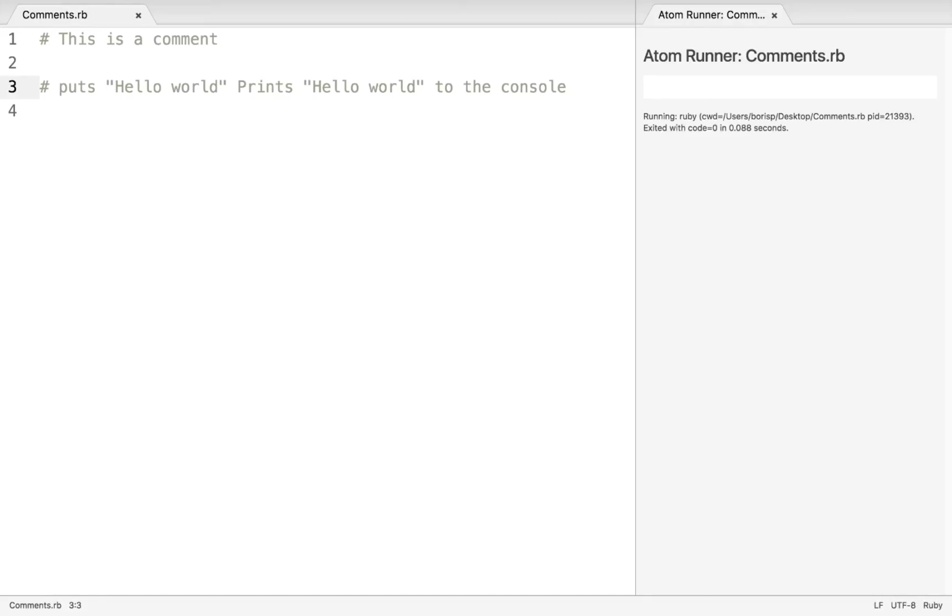Now, there is an alternate syntax for multi-line comments. That means comments that extend across multiple lines. It's generally not preferred and generally not used, but I do want to introduce it in case you run into it. So the regular way, the preferred way to use multi-line comments is simply to put a hashtag at the